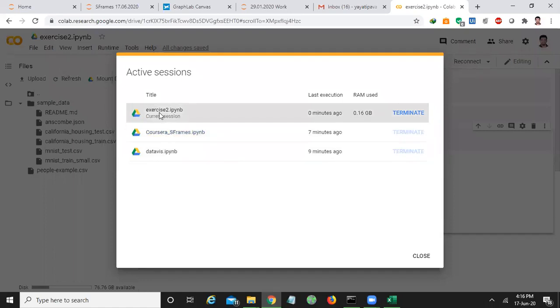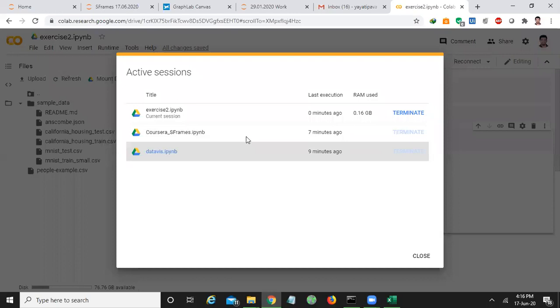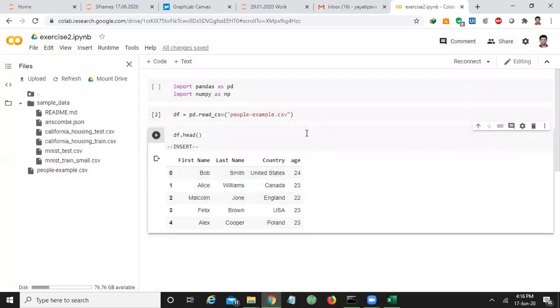I'm at present in this exercise 2.ipynb. Okay, you please keep this and terminate the remaining and close. Now what Google will do is directly allocate a GPU for you. In that GPU you can run your programs. So this is how we can use Google Colab.